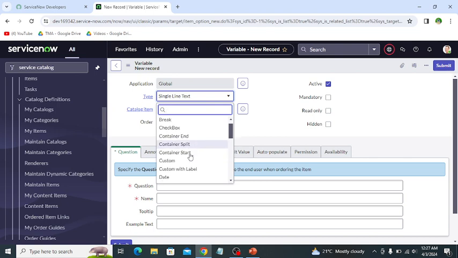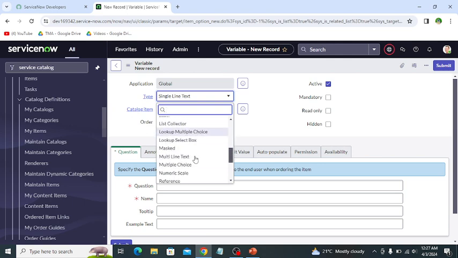Then custom with label, then date and time, which are used for any date and time, in which the user can select the date, and in date and time the user can select date and also time. Then duration, then email, then HTML, IP address, label, list collector, multi-line text, single line text, numeric scale, reference.